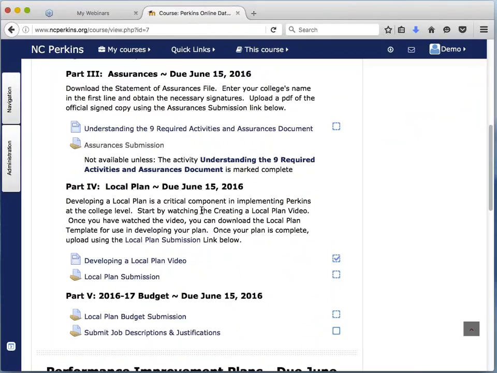And please remember, every expenditure must be used to enhance CTE programs of study. If you hire an individual for a particular position, be sure that can be justified as enhancing CTE programs of study somehow. And you want to be careful, especially in student services type positions. The reality is, if you have a student coming in, everybody is in the customer service business, and they're not going to turn away a student because they are not a CTE student.